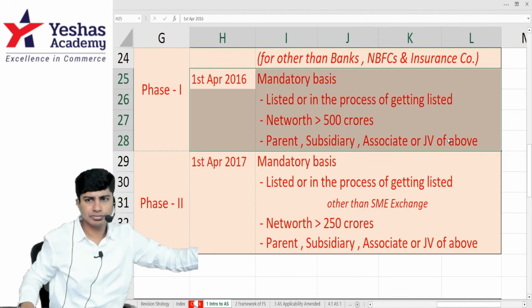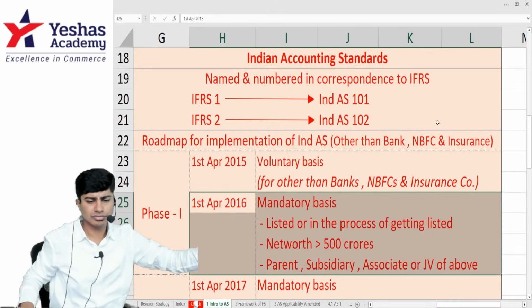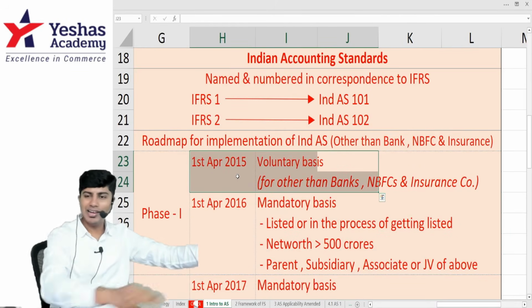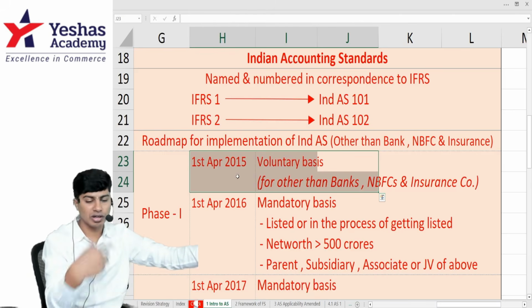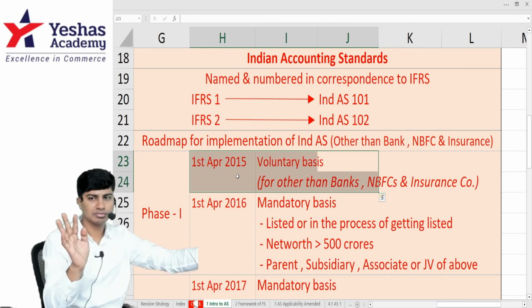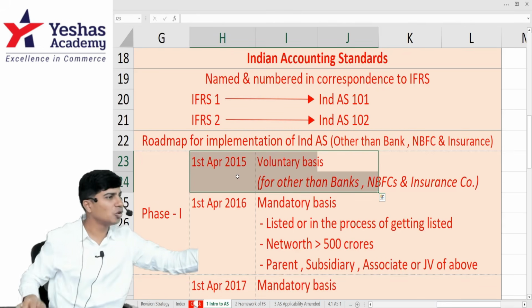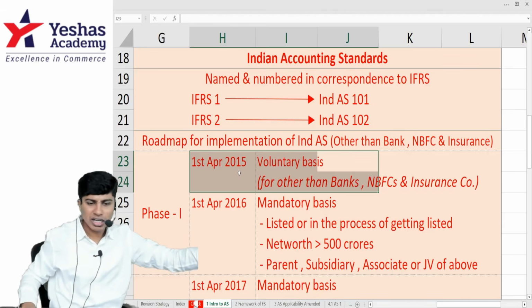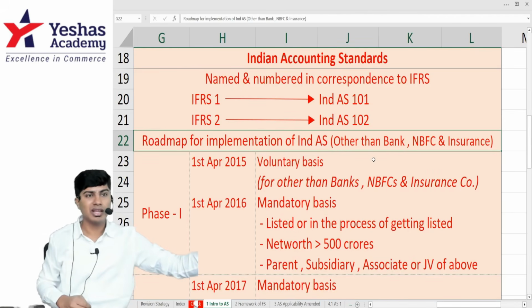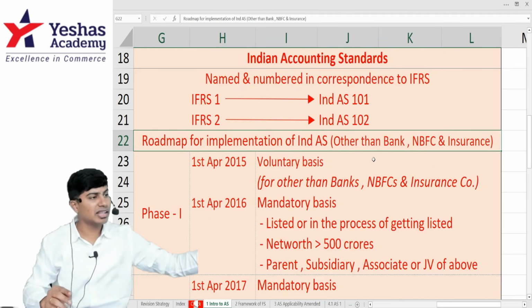But voluntary registration, so you said like net worth should be more than... No. Voluntary was in 2015. For voluntary, there is no limit of net worth. There is no need to be listed. Any company. I hope you understood. Okay. Now, whatever we discussed so far is for other than bank, other than NBFC, and other than insurance